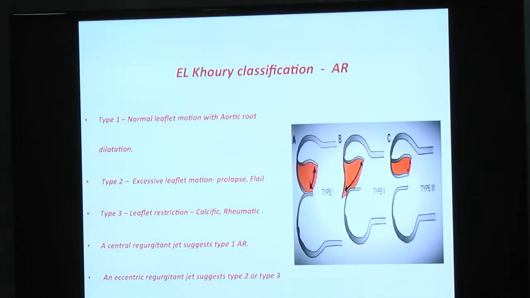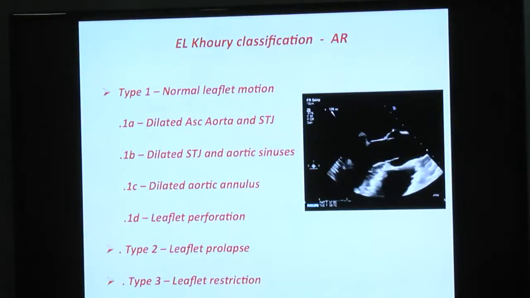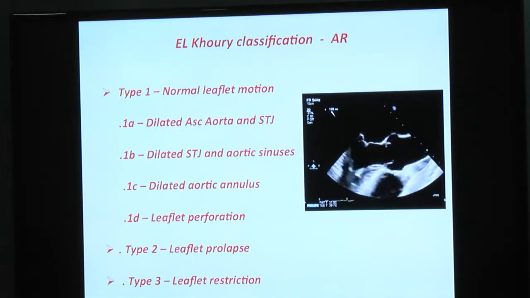Now, just like how we have the Carpentier classification for the mitral valve, El Khoury has designed a classification to assess the aortic regurgitation. That is, type 1, there is a normal leaflet motion we have. Type 2 is the excessive leaflet motion, and type 3 is the restricted leaflet motion we can have. Now, further it has been divided, that is the type 1 is divided into 4 stages, with the